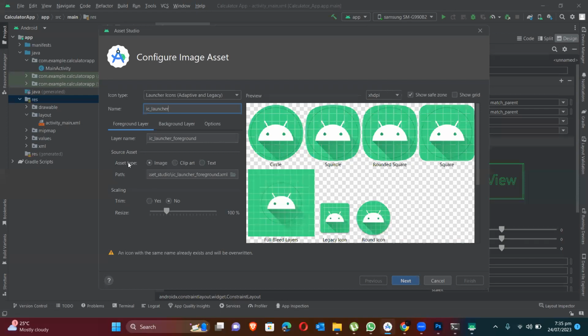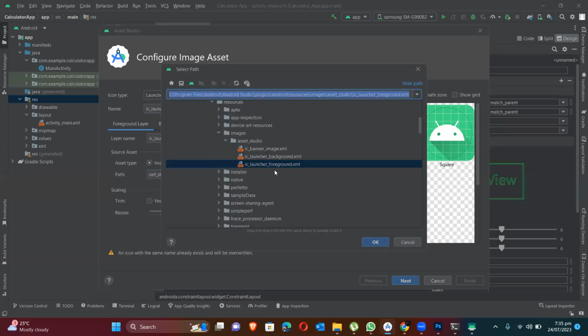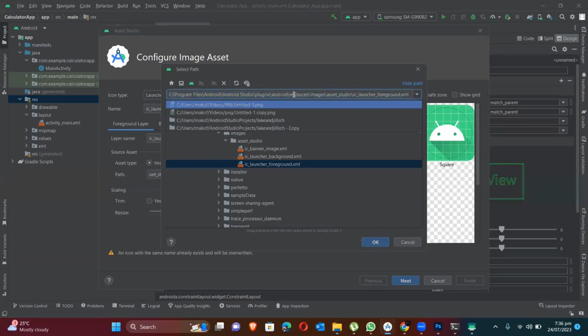Here I have asset type, which is image, and the path. So I'll just click here and go to the path where my image is. Where is my image? My image is in Pictures, and in Pictures, I have a folder there called Android class. So easily, I can just copy the link